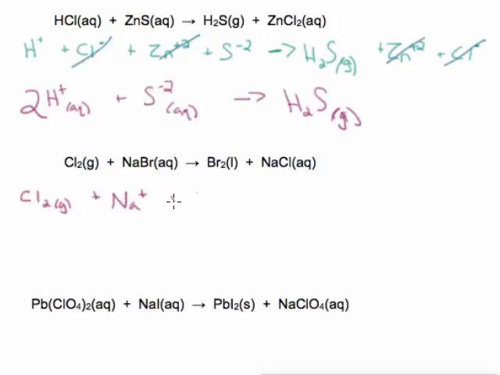And then on the product side, the liquid bromine stays together, and the sodium chloride breaks up. So next we find our spectator ions. And if we look, chlorine changes, sodium does not change, but the bromine changes. So for this one, our net ionic equation